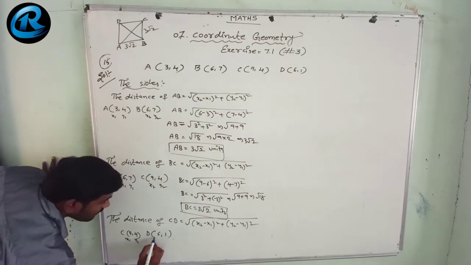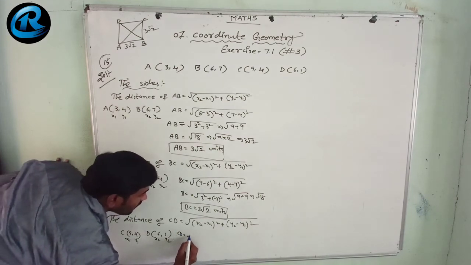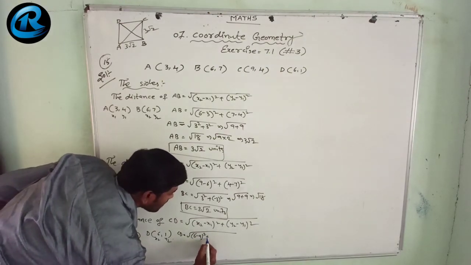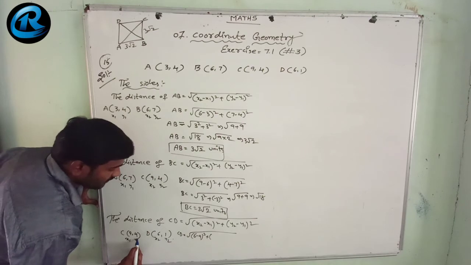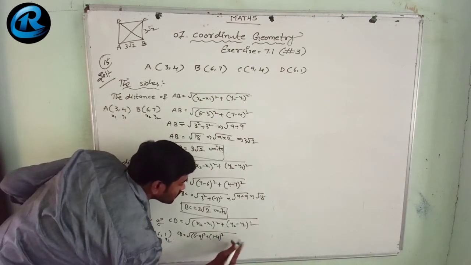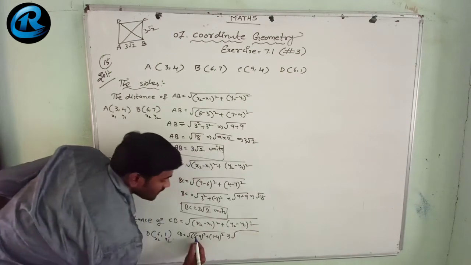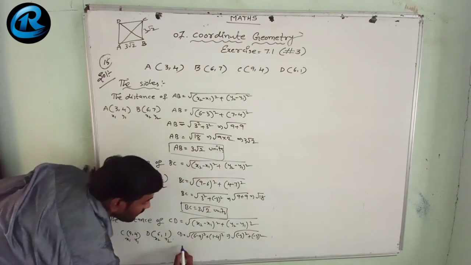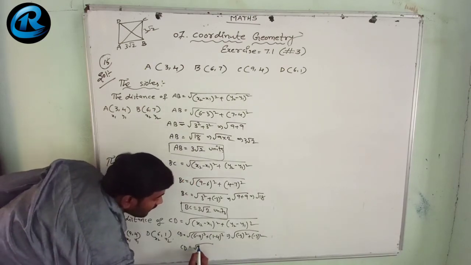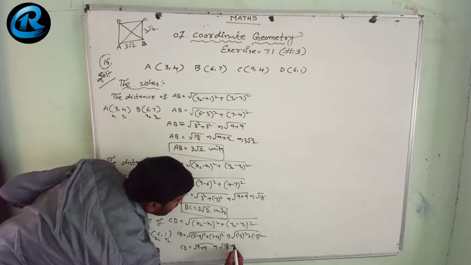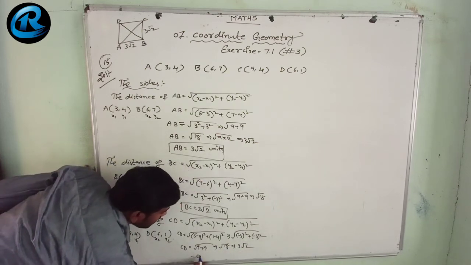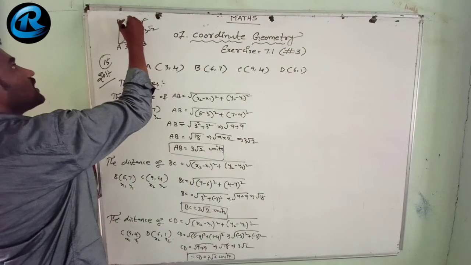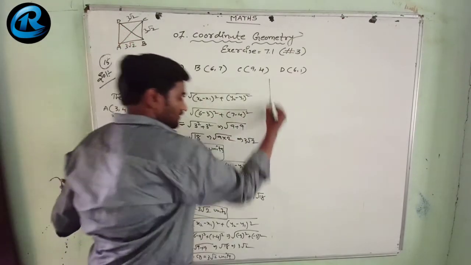So it is x1 y1 x2 y2. CD equal to under root of x2 minus x1, 6 minus 9, whole square plus y2 minus y1, 1 minus 4, whole square. So 6 minus 9 is minus 3 whole square, 1 minus 4 is minus 3 whole square, that is CD equal to 9 plus 9, that equal to root 18, root 18 equal to 3 root 2. Therefore CD equal to 3 root 2 units. Then DA equal to the distance of